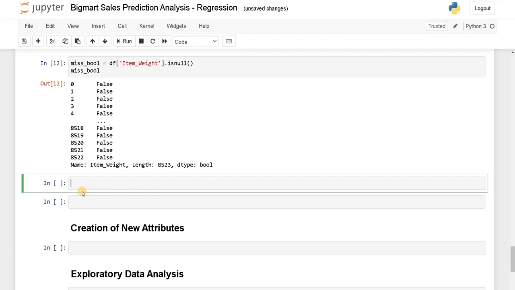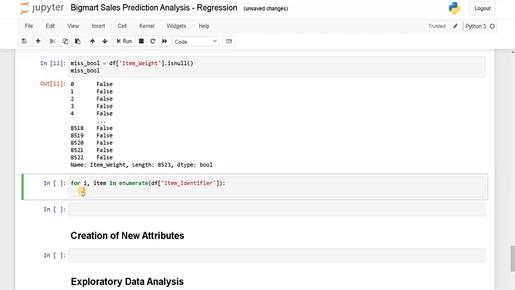Now let's fill the missing values for i comma item in enumerate. We are going to iterate based on item identifier, df of item identifier, if missbool of i. For that particular row, we are checking the Boolean value.